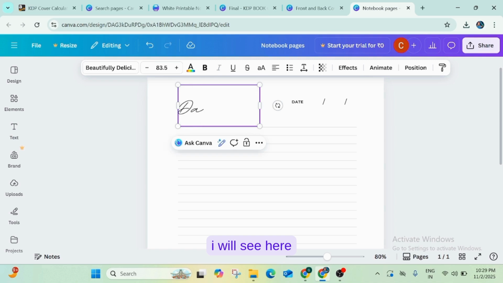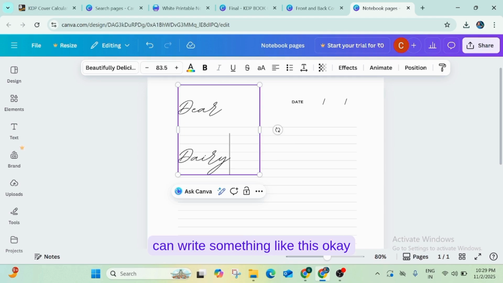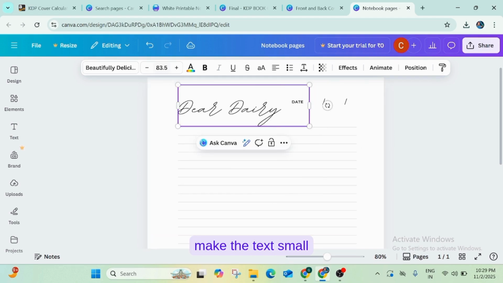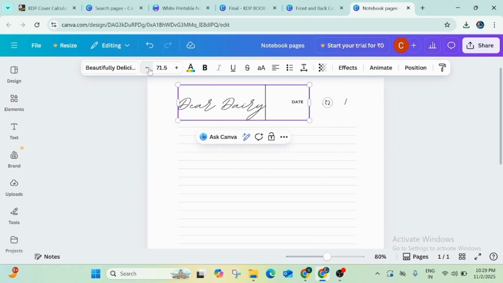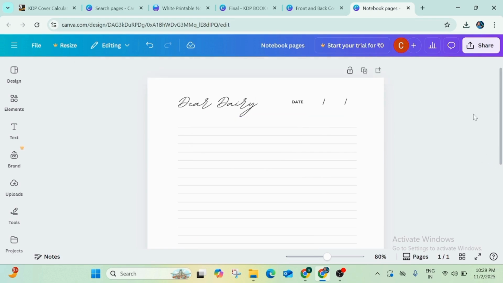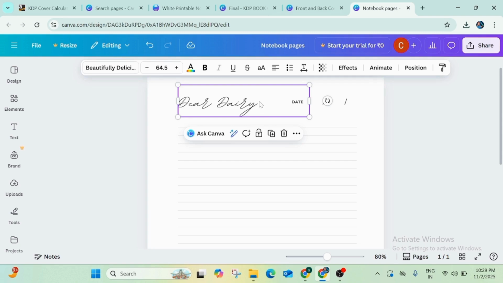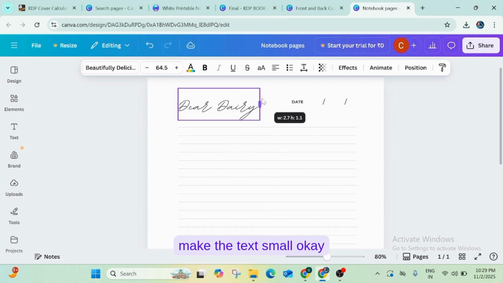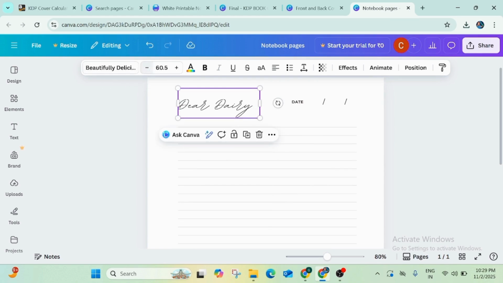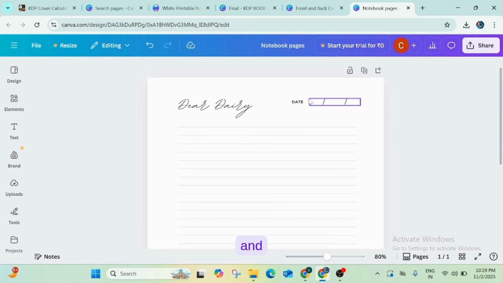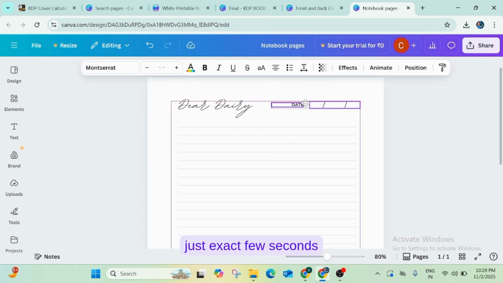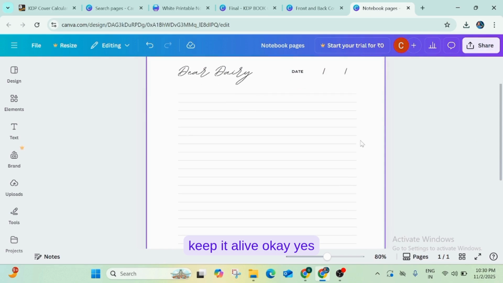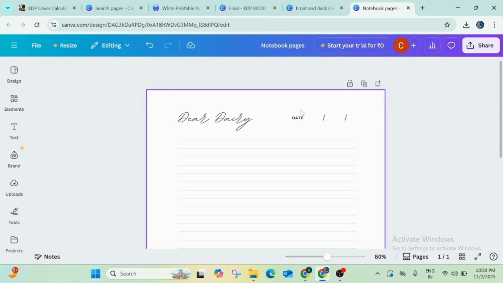I will write here, dear diary. You can write something like this. Make the text small, and just adjust a few settings to keep it aligned.